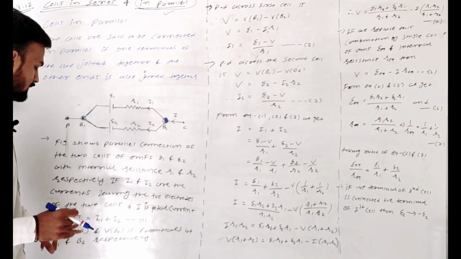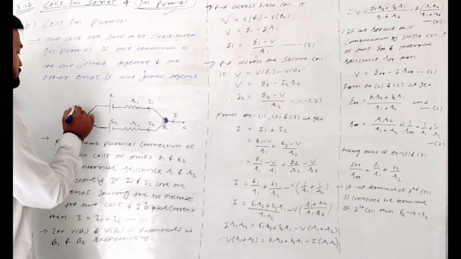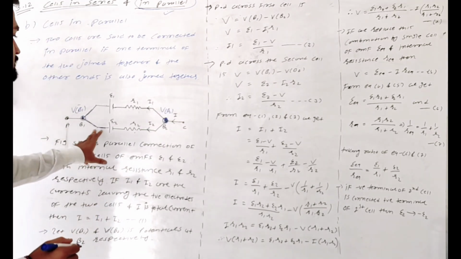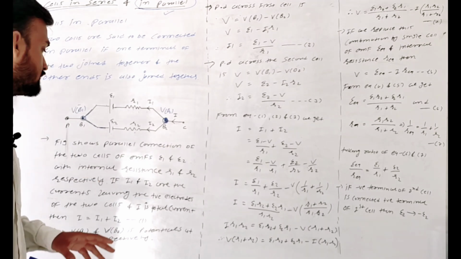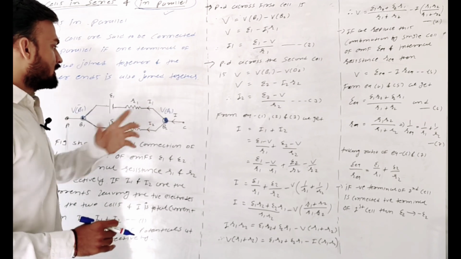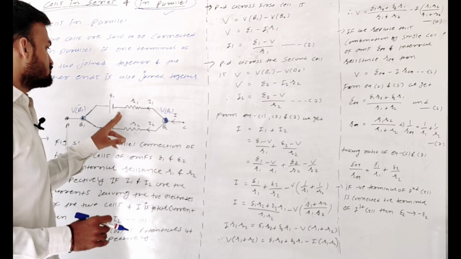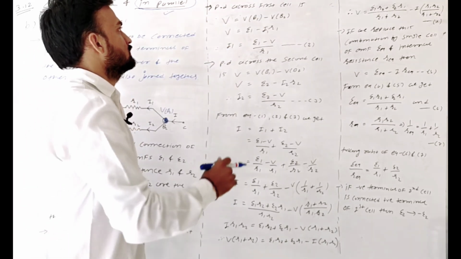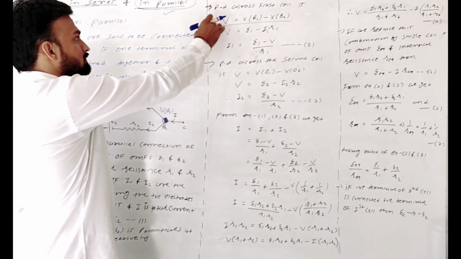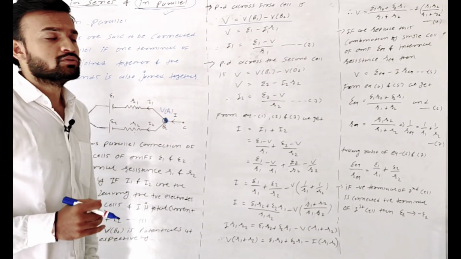So we can say that I is equal to I1 plus I2. Let VB1 and VB2 be the potentials at points B1 and B2 respectively. We can also say that the potential difference VB1 minus VB2 is equal to the potential difference across the cell E1. So the potential difference across the first cell, V, is equal to VB1 minus VB2, where V is the potential applied across this combination of the two cells.